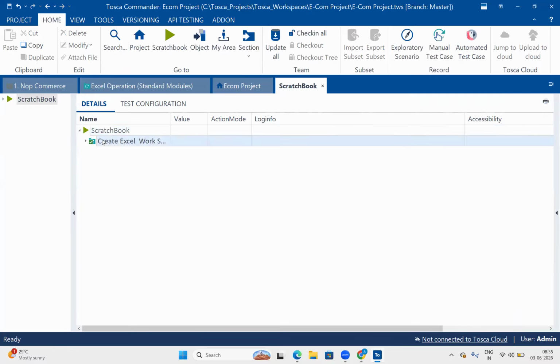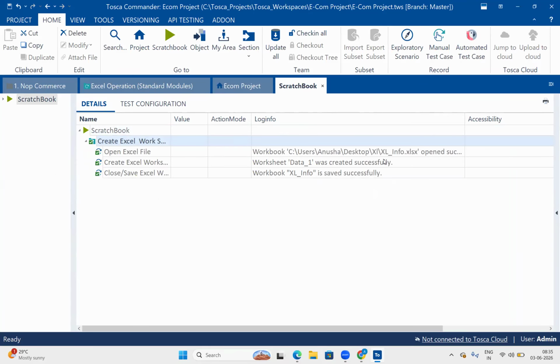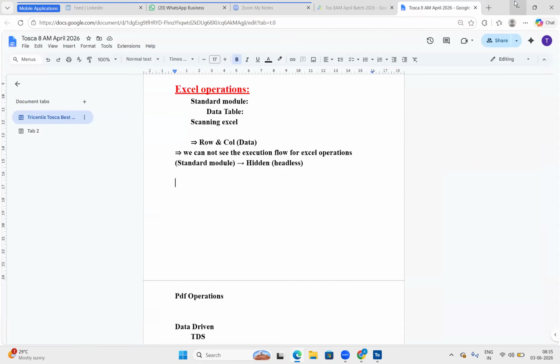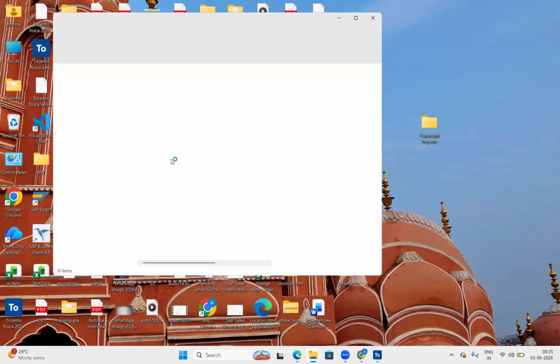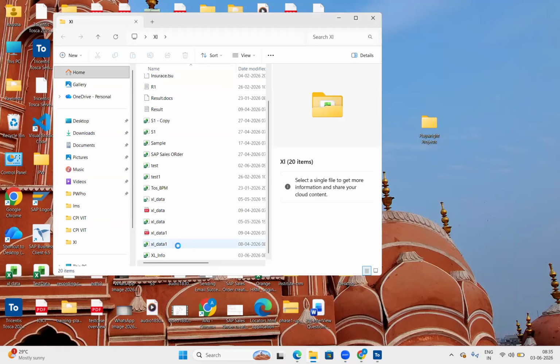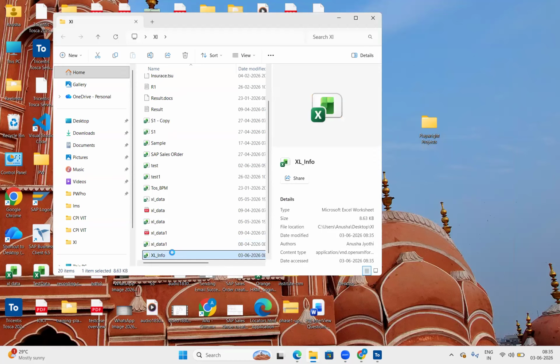Everything happened within fractions of a second. If you want to check whether this Excel worksheet was created exactly, just open this Excel file manually. How to open this Excel file? Go to the folder and find the Excel file, Excel underscore info file. If you see the status of this info file here in the backend,